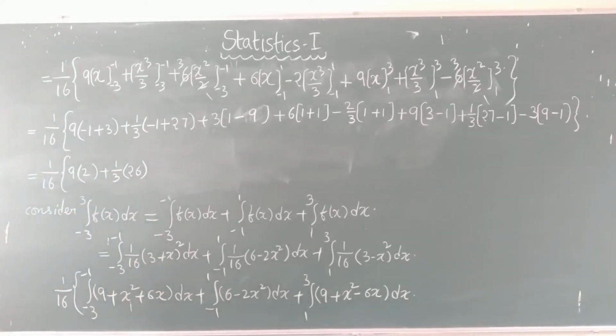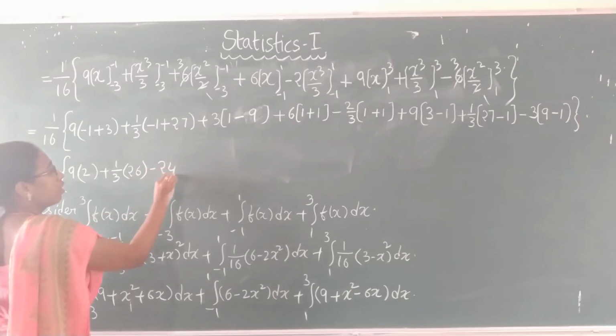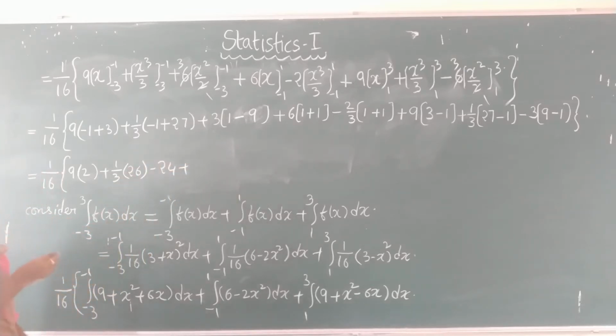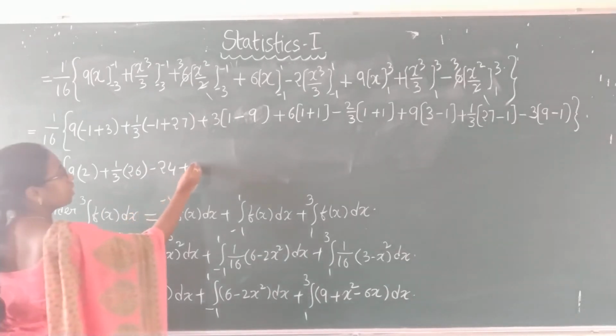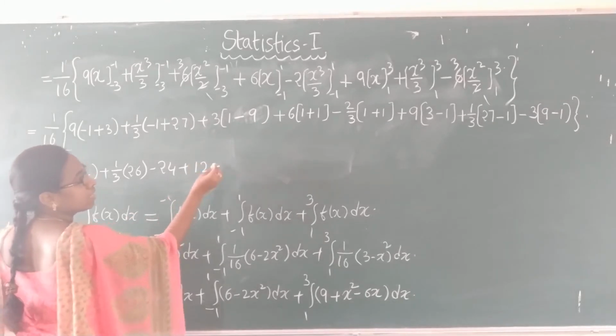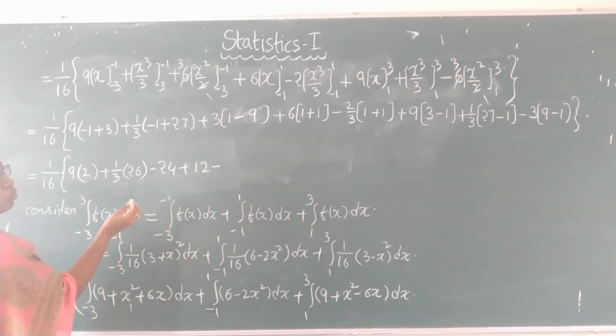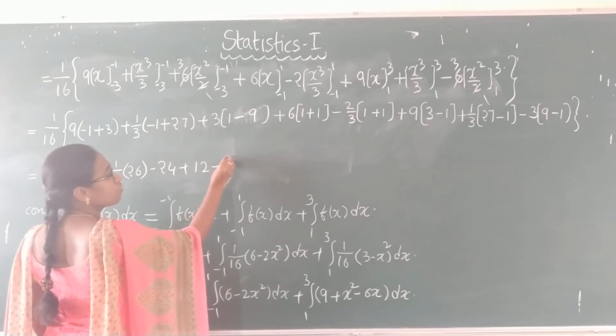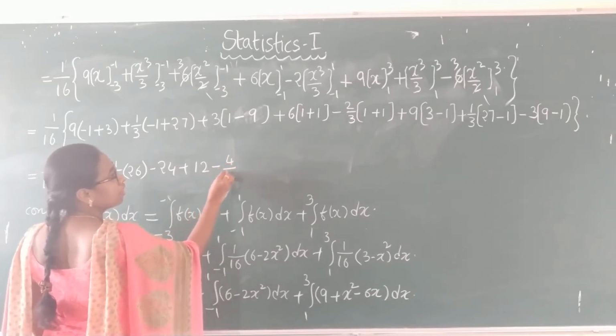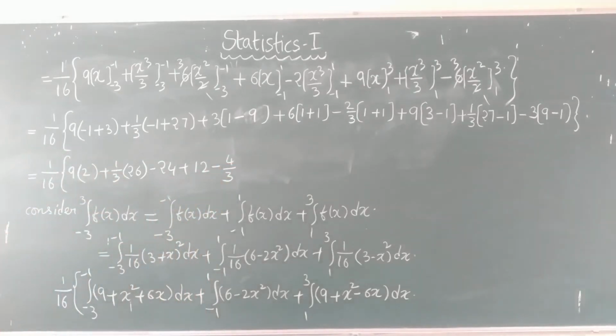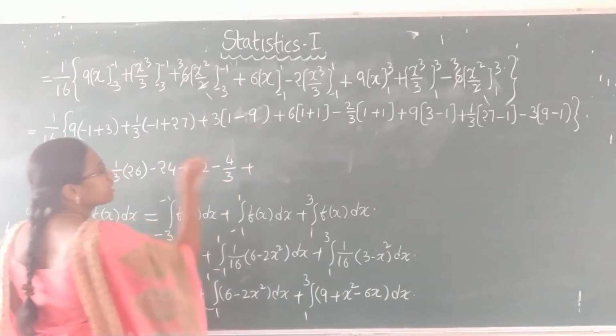1 minus 9 is 8, right? So 8 threes are 24. So minus 24, plus 6 into 1 plus 1 is 2. 12. So 6 twos are 12, minus 2 twos are 4. That is 4 by 3, plus next is